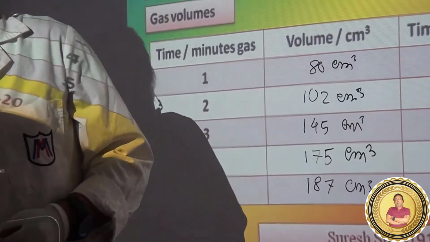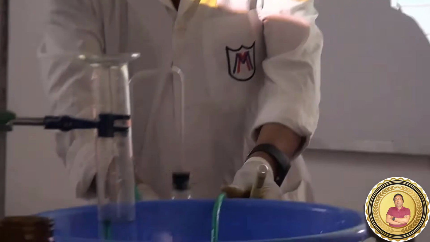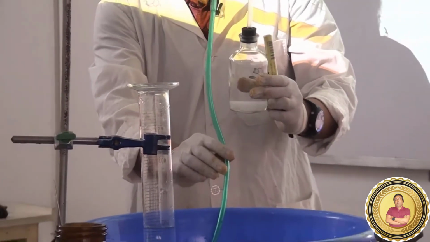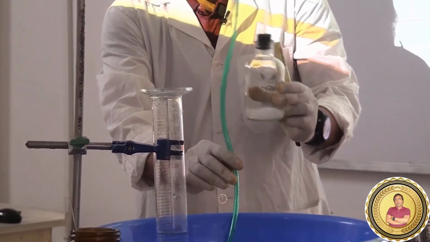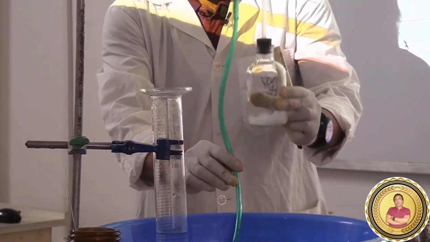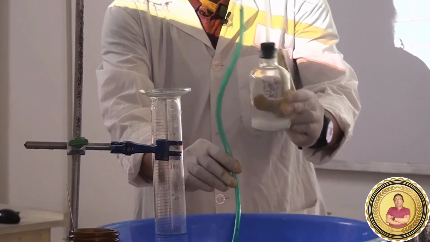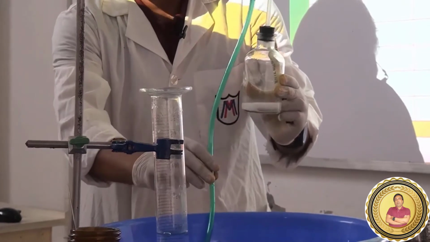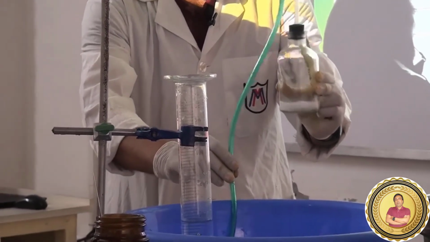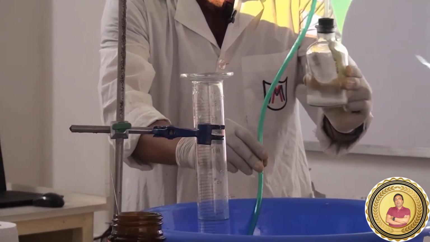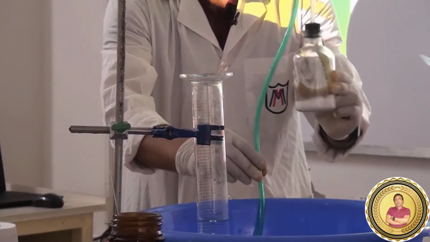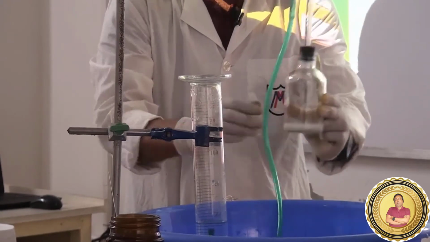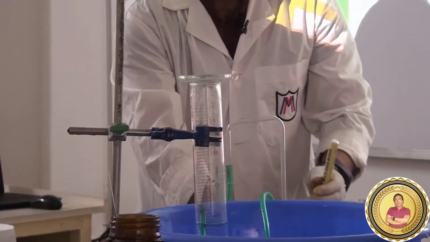We'll take another reading at exactly 6 minutes, but keep in mind we have to keep the open end inside the water as well. In the 250 cubic centimeter beaker, we have to keep it as well, like the previous one. It is important. It is very, very important to keep it inside the water, otherwise we won't be able to identify.